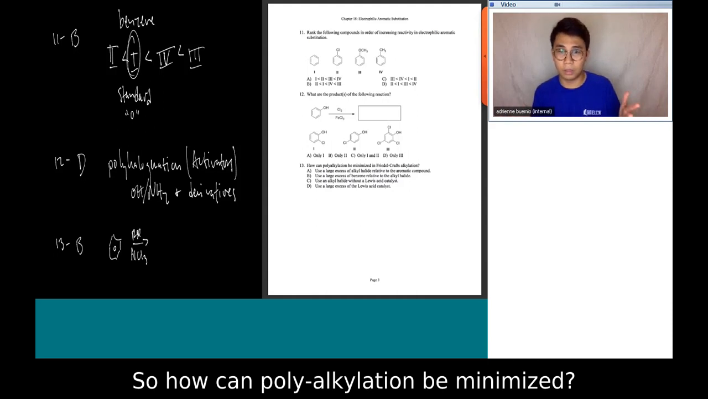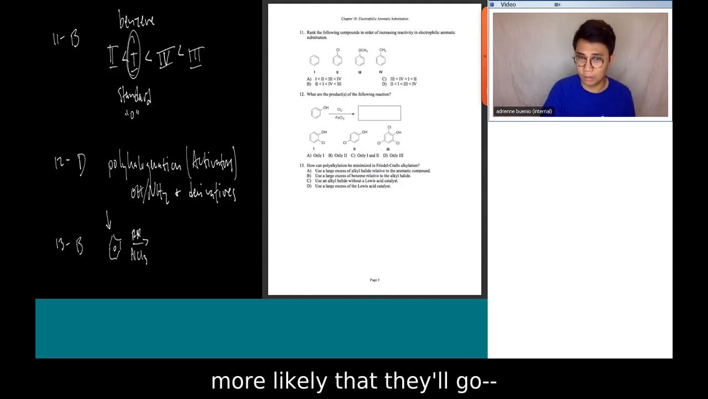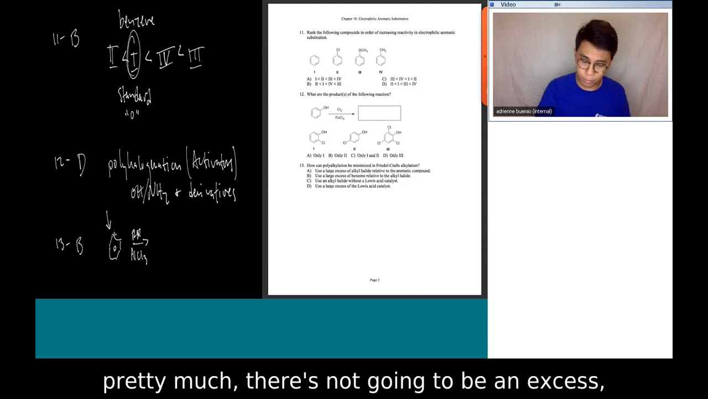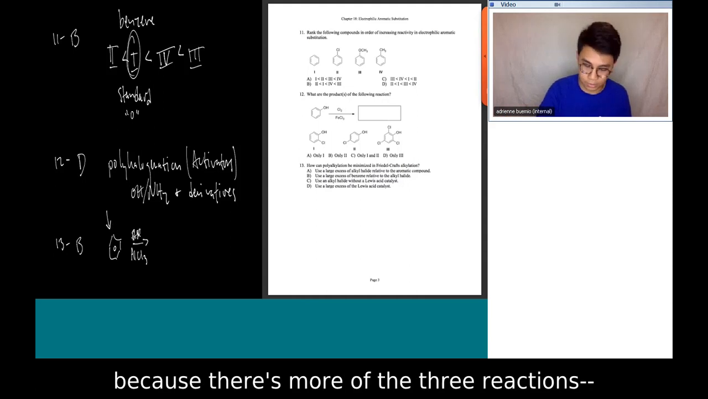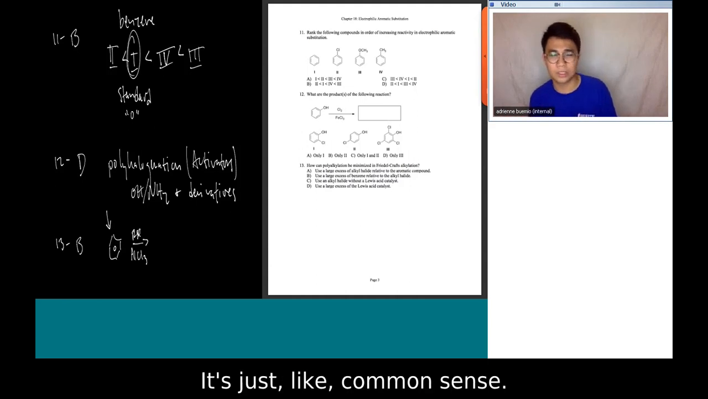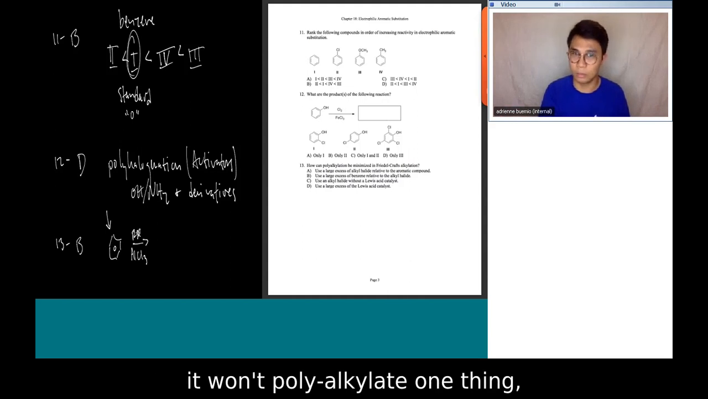So how can polyalkylation be minimized? If we have more of this, then it's more likely that there's not going to be an excess, because there's more of the reaction. There's not really a specific rule to this. It's just kind of common sense. If we have more of this than this, obviously it won't